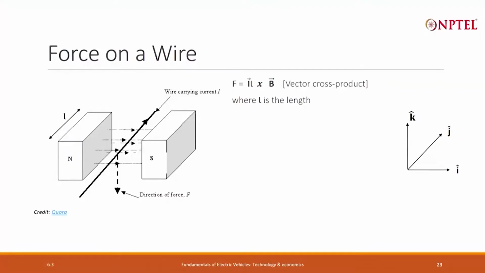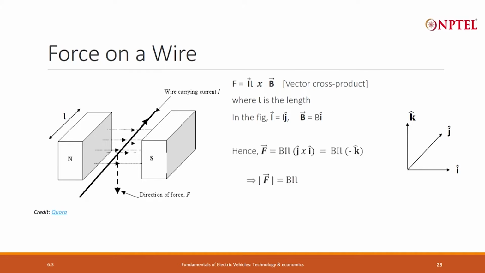So, you can see in this diagram that B is along the x axis and the unit vector in that direction is denoted by i. The current is in the y axis and the force is given by I cross B multiplied by L. So, if I were to ignore all this left hand, right hand and all these rules and just do vector multiplication, the I vector is I times j and the B vector is B times i. So, I cross B